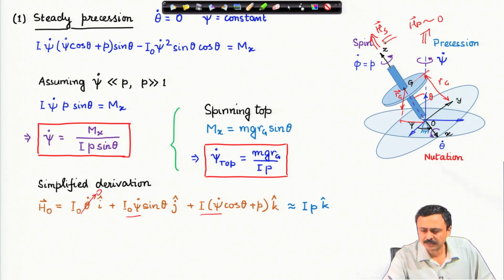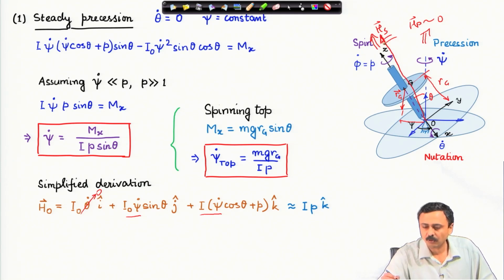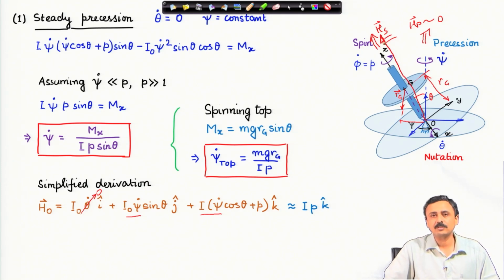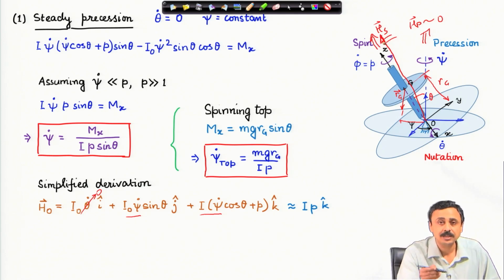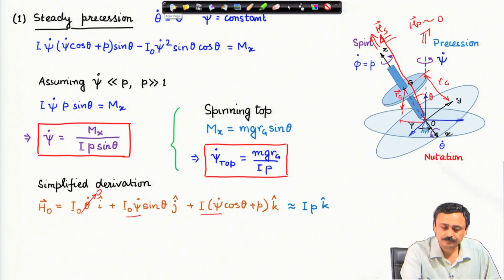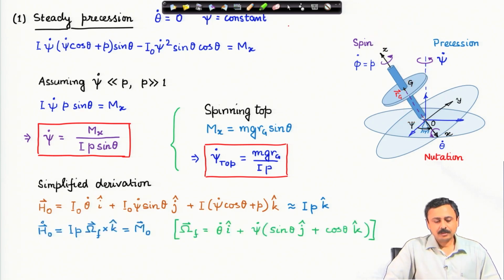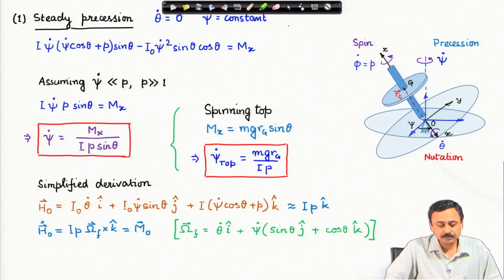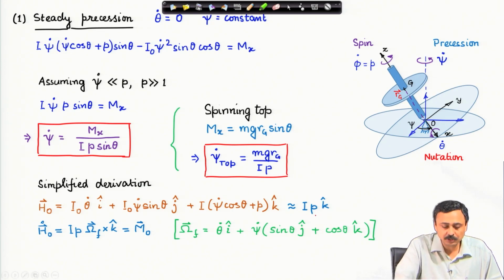If H p is very small, the actual angular momentum will be almost coinciding with the axis of symmetry, not quite, but almost. And if I neglect the precessional angular momentum contribution, then the only thing that remains is along the axis of symmetry. So, that is the angular momentum. If I take the rate of change of angular momentum, because there is no local derivative, p is constant, I is constant, therefore del t of H O will be 0. What remains is the frame